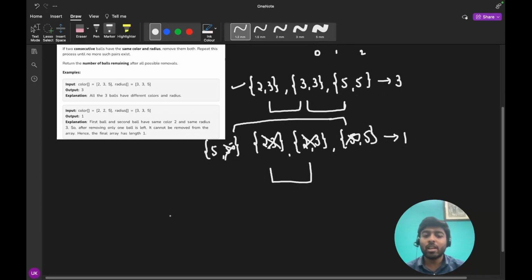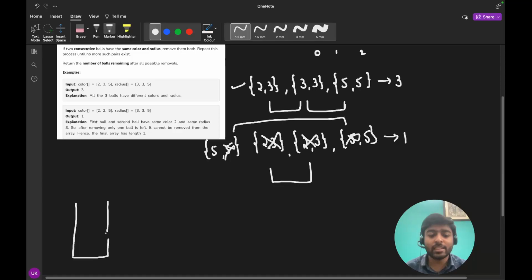So how can we do it? If I try to make a vector of pairs and then put the indexes like that, it will be a bit complicated. So what we will do is create a stack.